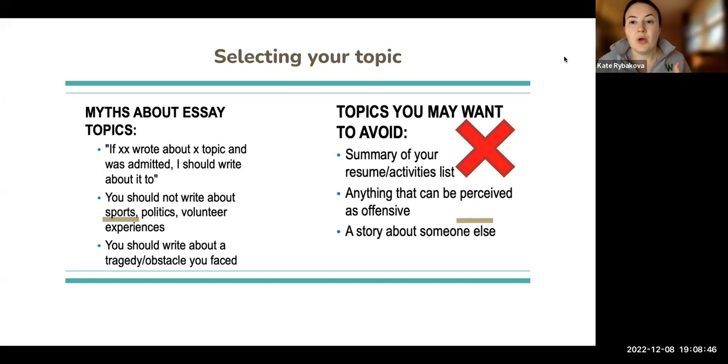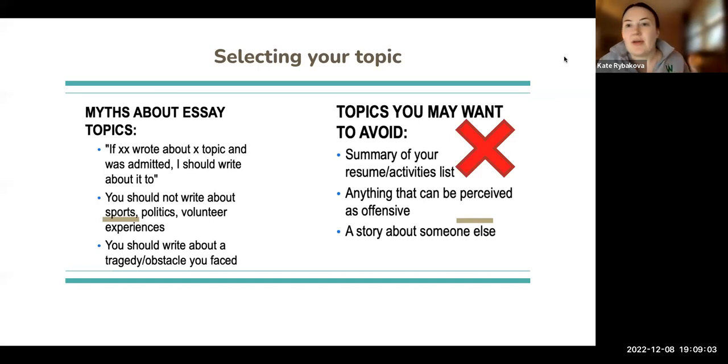It's not going to make you look better, because that's something that you really don't have expertise about. So definitely don't copy other people's topics. And then don't really write about your involvements that we can already see from your application that are super